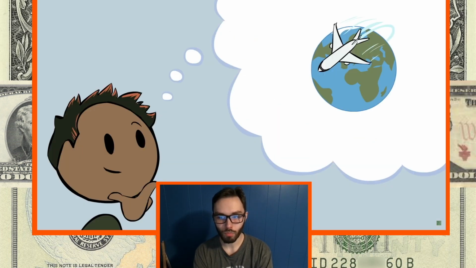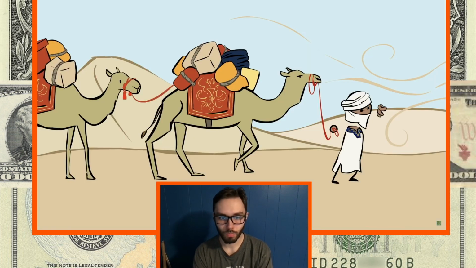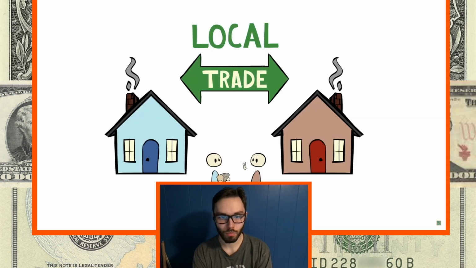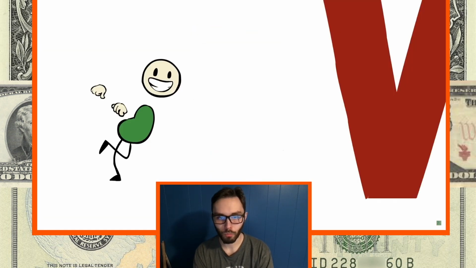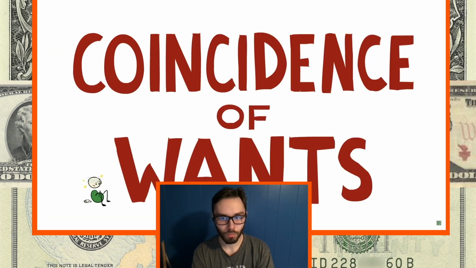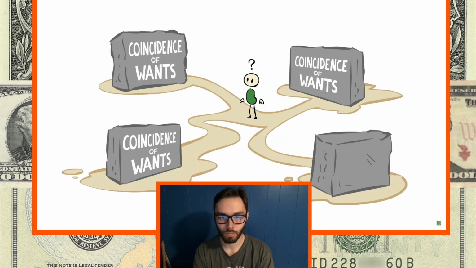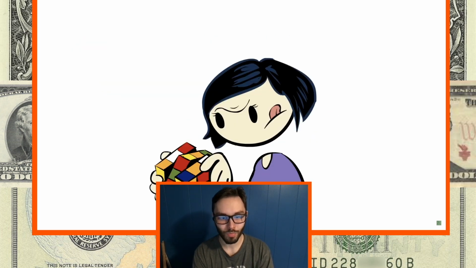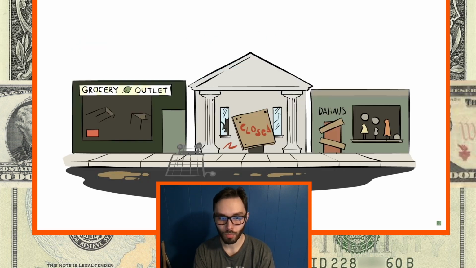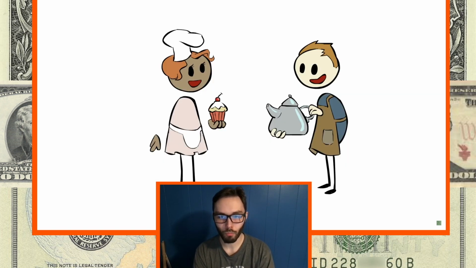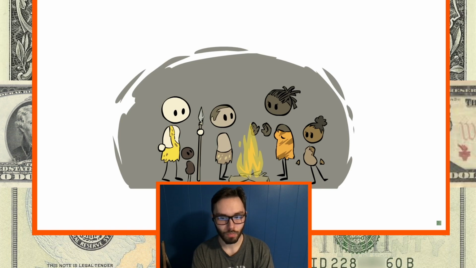Now, often when we think of trade, we think of long-distance trade. We think of caravans loaded with exotic goods. But for our story, we have to talk about local trade. Because here's where we run into the problem of coincidence of wants. Or rather, we run into it everywhere, but if we fail to solve this problem at the local level, society breaks down, and we can't have the specialized trades we need to run anything beyond the smallest gathering of people.